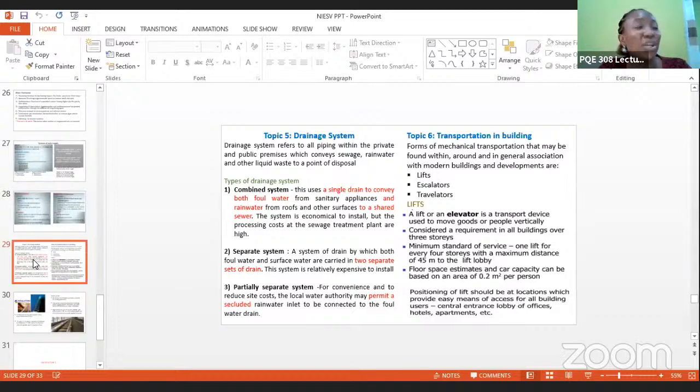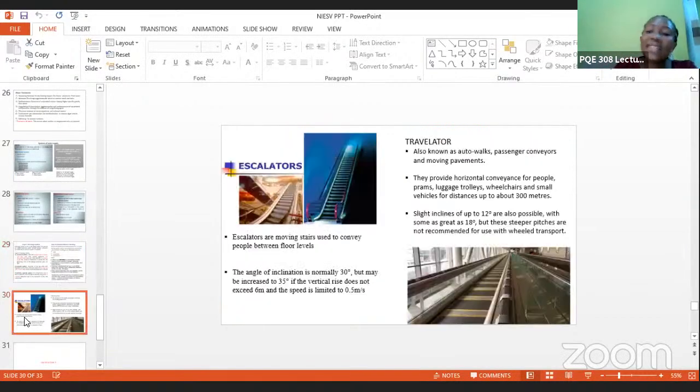In fact, you can find all these types in modern buildings. We have lifts. I'm sure we all know what lifts are. We can call it lift, we can call it elevator. So I'm not going to be dwelling so much on what a lift is, because we all know lifts. Now, aside from lift,